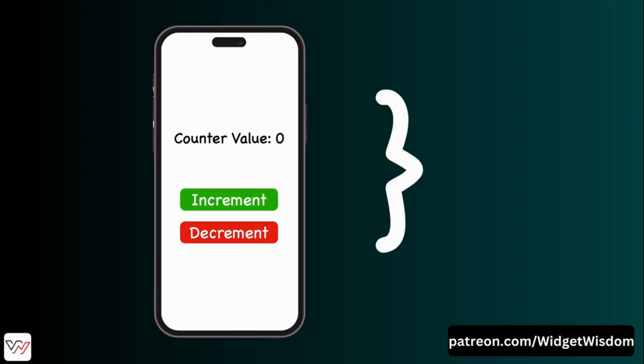Now let's talk about the states. So state is what gets displayed in the UI based on the events. In the counter app, the state is the value of the counter. So basically the counter starts at 0, and when the user increments, the state becomes 1, 2 or anything else. And when the user decrements, the state becomes -1, -2 or anything else.